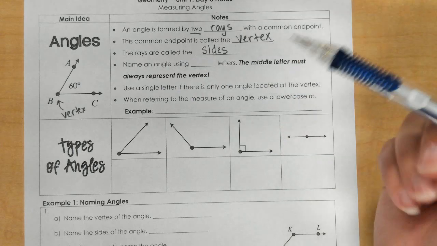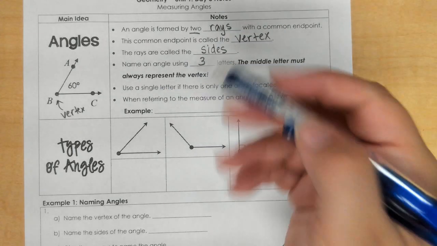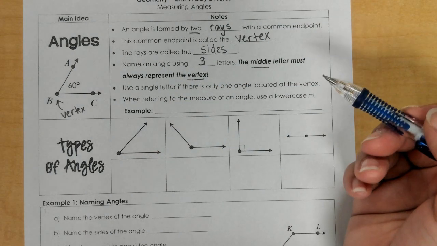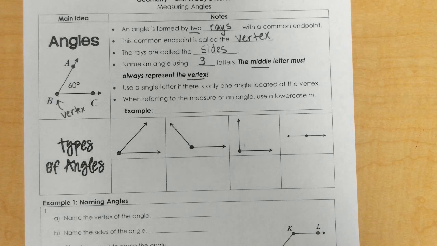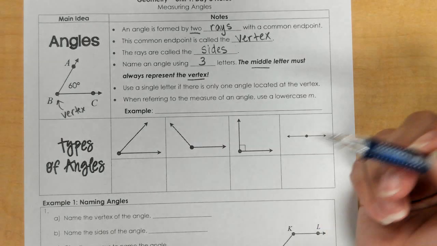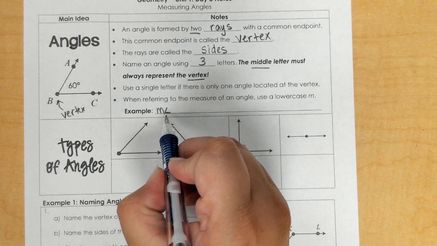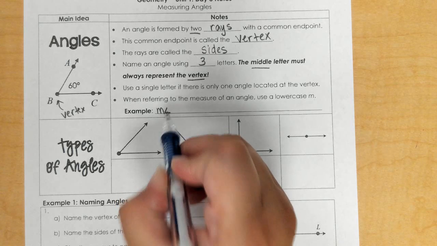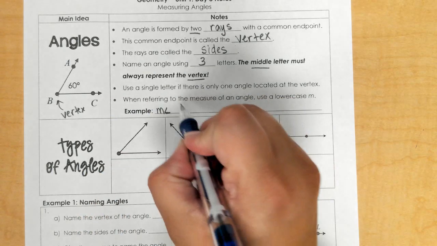Name an angle using 3 letters. The middle letter must always represent the vertex. Use a single letter if there is only one angle located at the vertex. When referring to the measure of an angle, use a lowercase m. Okay, so for this example, we would say the measure of angle. So you do a little angle. It looks like a less than, but you want to make this bottom part more flat. So measure of angle ABC